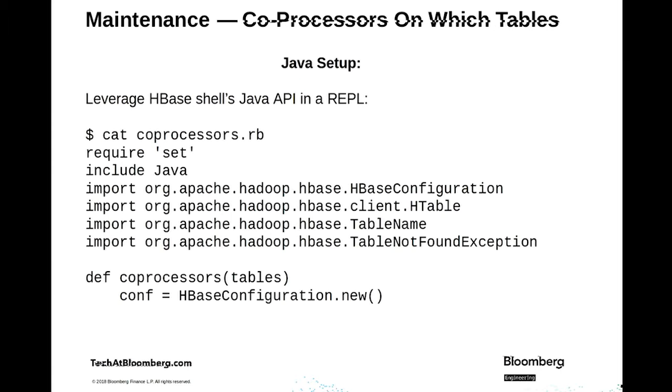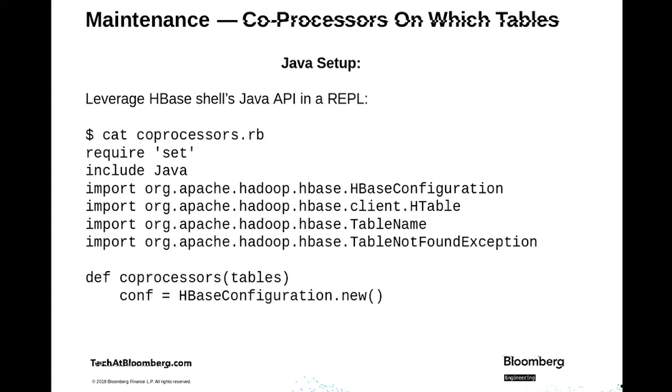So let's walk through what it looks like to enumerate all the coprocessors through HBase Shell. HBase Shell is a Java API client, but it's also a JRuby implementation. So you actually have a very nice lightweight programming language with a REPL. So you can just type as you want with it. So this file here, coprocessors.rb,